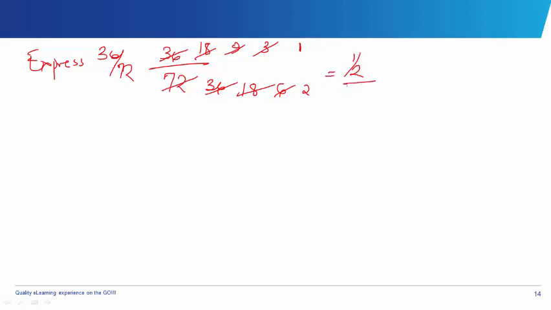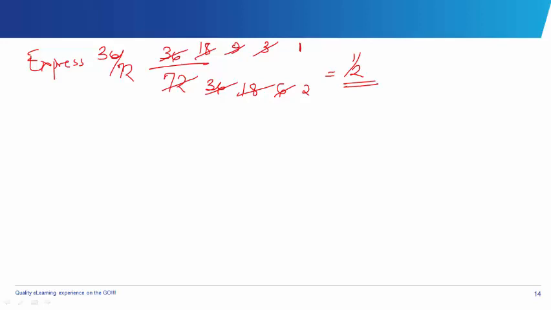So 36 over 72. What can divide this? We divide 36 by 2. It gives us 18. Divide here, it gives us 36. 2 can divide 18 again, it gives us 9. If you divide this, it gives us 18. What else can divide? 3 can divide. 3 will divide 9, we'll have 3. 3 can divide 18, we'll have 6. 3 can divide 3, we'll have 1. 3 can divide 6, we'll have 2. So this is the lowest, which is half. Okay,